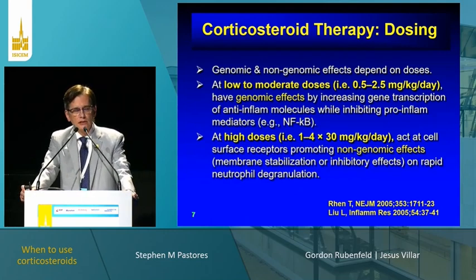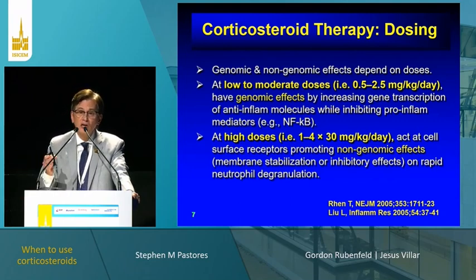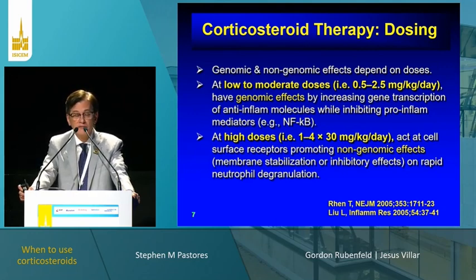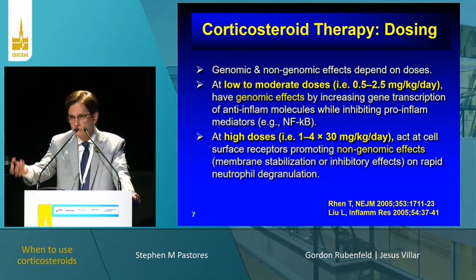When you look at dosing of corticosteroids, you need to remember the genomic effects and the non-genomic effects, depending on the dose. If you're on the lower dose, and I'm just going to call low doses, low-moderate doses at 0.5 to 2.5 mg per kilogram per day, you're going to have genomic effects. That's what you want. You want those effects that increase gene transcription of anti-inflammatory molecules and therefore inhibit pro-inflammatory mediators,